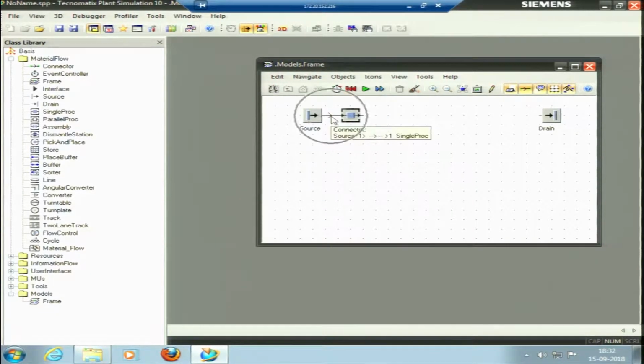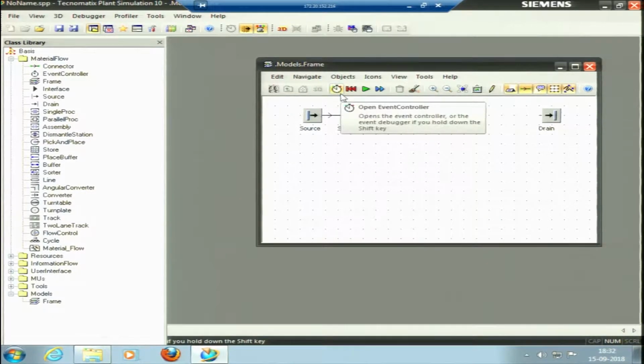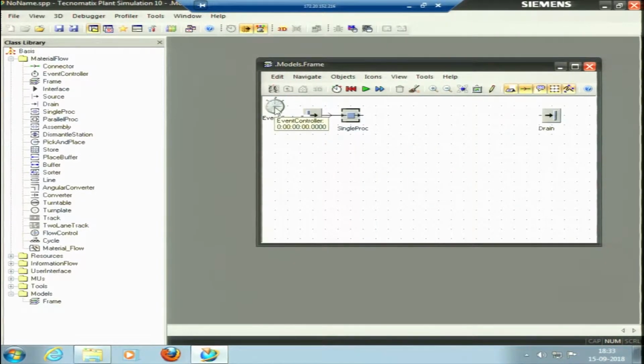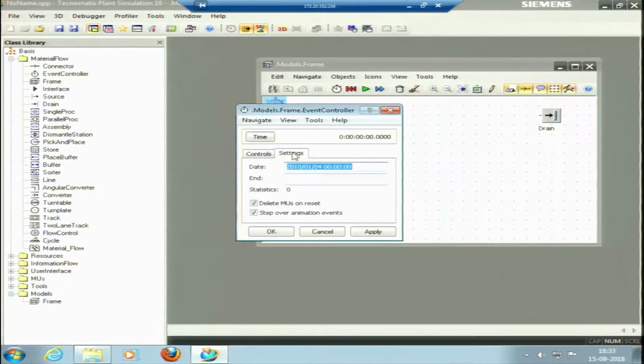flow. Okay. Now, an important point here is the event controller. Whenever we need to model something, we need an event controller. So, I can add the event controller here, or the event controller is also just here in the bar, in that tab. Okay. So, what does the event controller do? When your modeling needs require it, you can select settings of controlling the simulation run on the tab, and in this event controller, for instance, in the settings we can say when the process would end. If we do not use the event controller, the process would go on for infinite time.